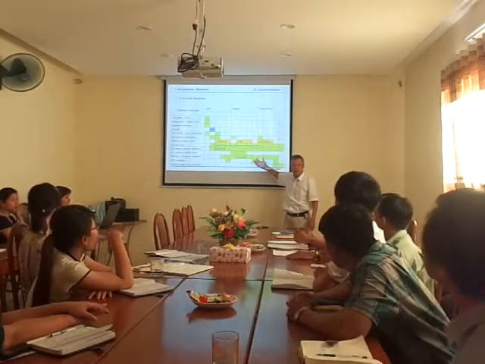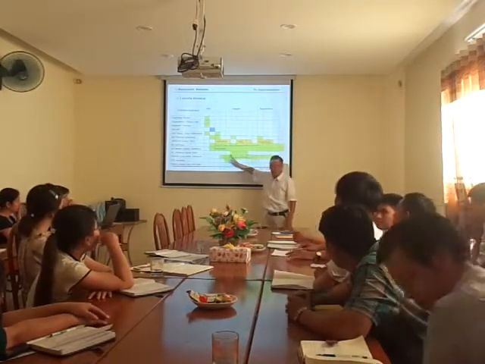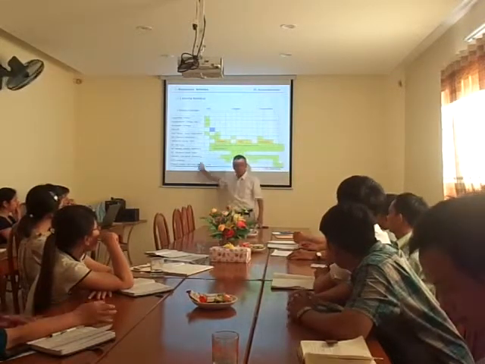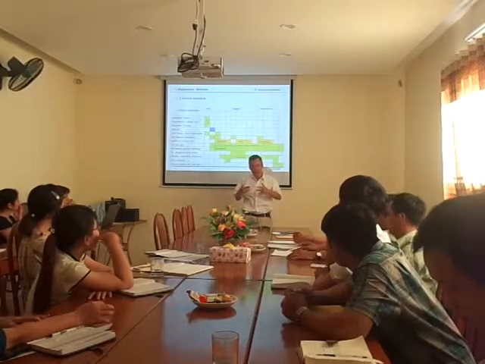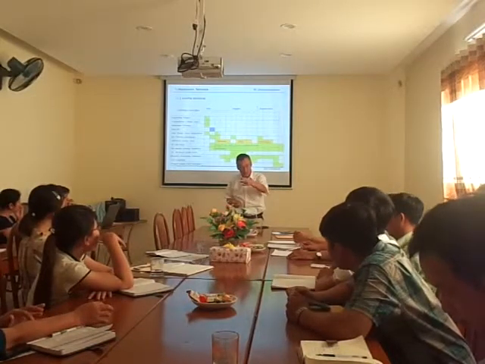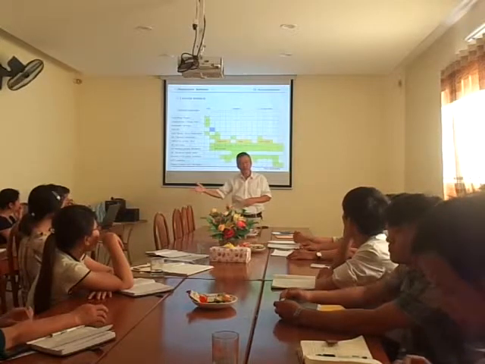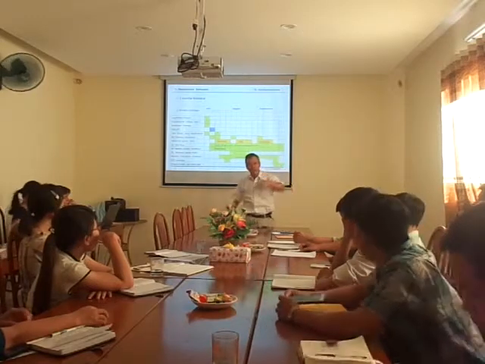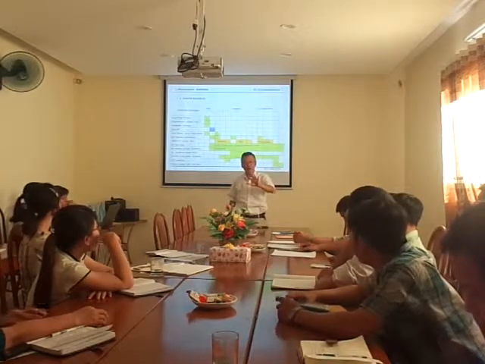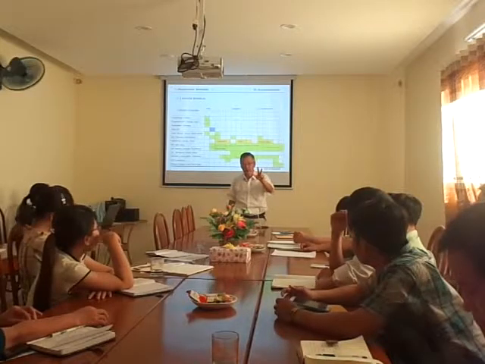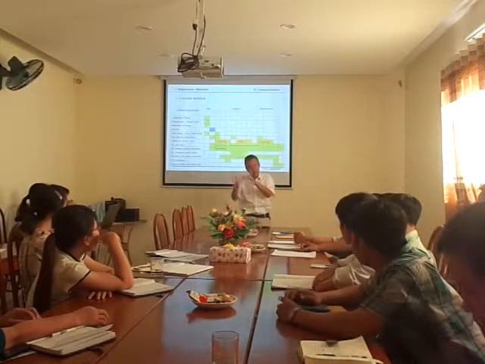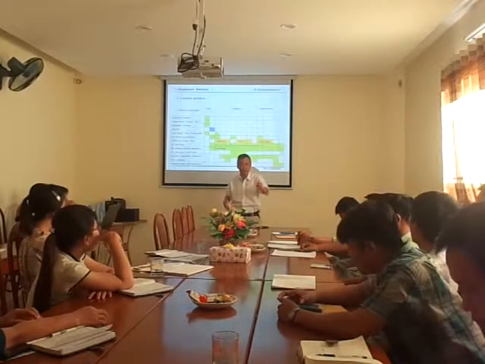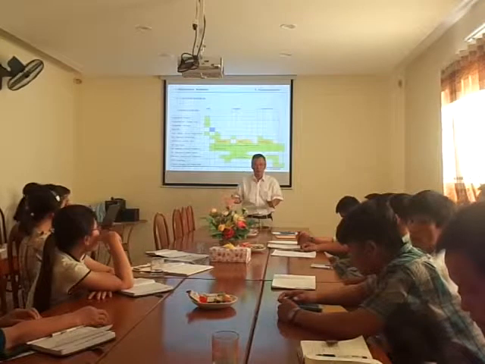This is the schedule, the 3 months of activities from July. A lot of activities are planned. All of this will be deployed in detail by the team leader and the office. So you do not need to worry much about that. You just remember that every week, for the first 2 weeks, you have to participate more than 3 times a week in the meeting. And after 2 weeks, you can follow up with activities such as 15 minutes every day, sometimes 10 minutes, to clean up.